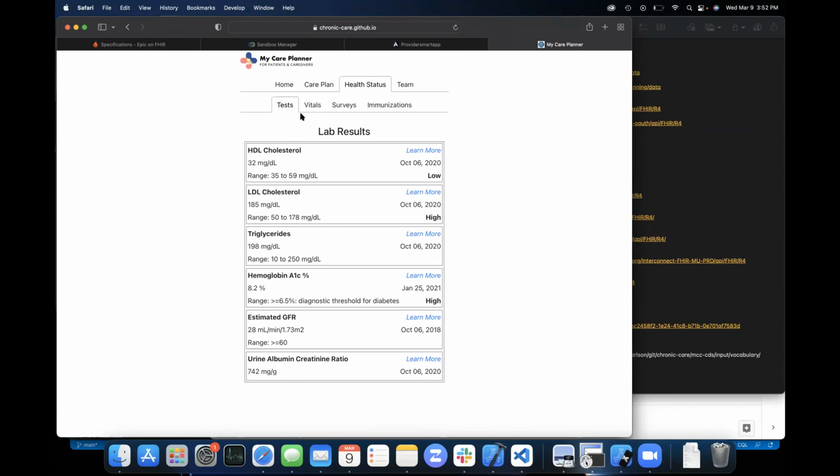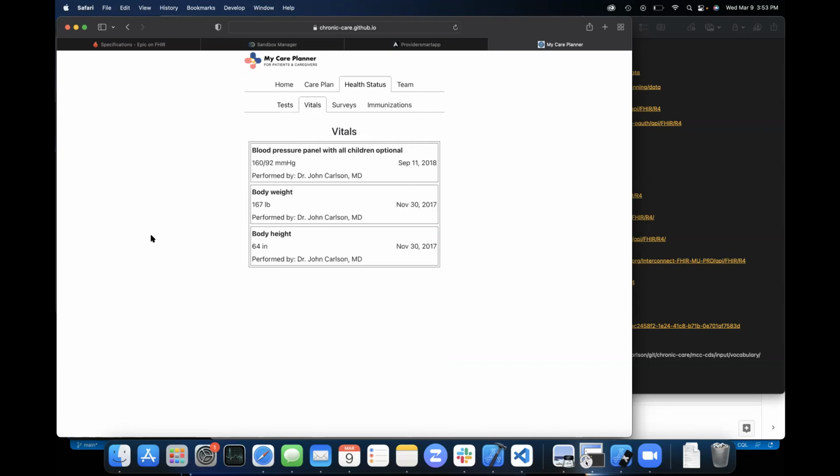From the patient perspective, health status, looking at lab results. These are determined by value sets published as part of our implementation guide. So a subset of labs based upon the labs that were prioritized by the technical expert panels at NIH, and then value sets being developed by Gay Dolan and Emma Jones and others to define the value sets, in this case of the LOINC codes. Then looking at the vital signs, the most recent value in this case for these values.